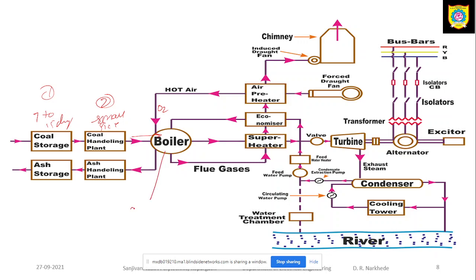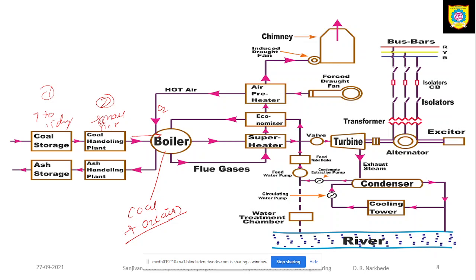Inside the boiler there is coal plus oxygen, or you can say air. Air is required for burning of the coal. Without air my burning action does not take place. So when coal is there, oxygen is there, and ignition is there. Ignition takes place just by using a certain flame or something.